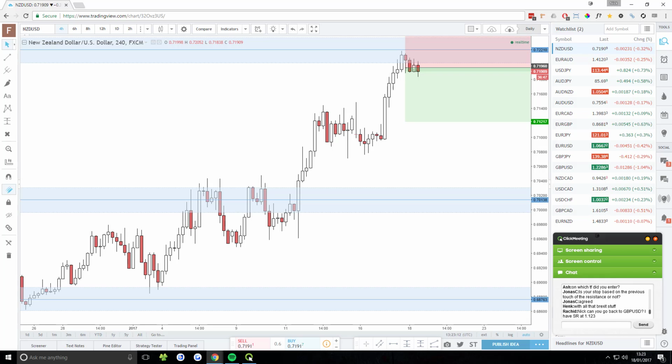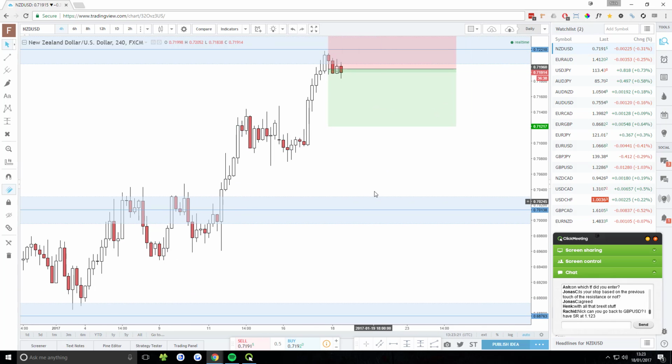Just because you don't find setups when you check in at one point in the day, it doesn't mean that 4 hours or 6 hours later there won't be a trade setup. So yeah, I'm going to check back in around about 5-6 p.m. UK time and scan for setups then, and then I'll check again before I go to bed and have a look for setups at that time.